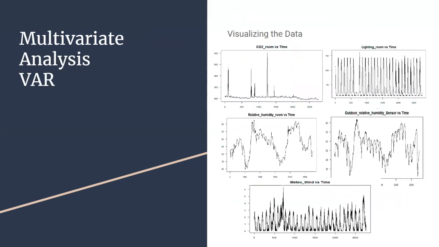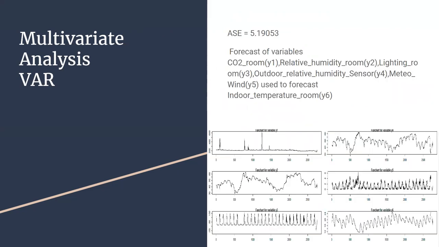Now moving over to the multivariate analysis, which is basically in order to forecast more accurate results by considering the impact of other variables which are significantly impacting the indoor temperature variable. I went ahead plotting those variables to better understand them. Applying the VAR model, which seems to perform poorly compared to the ARIMA(3,2) model, the ASE came out to be